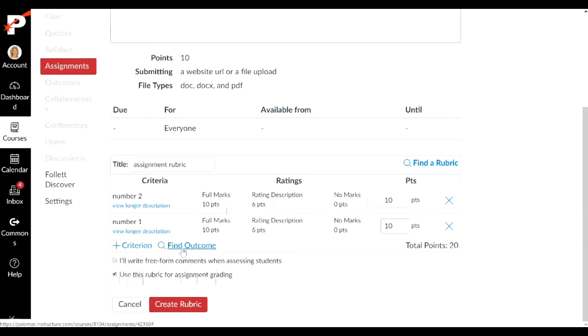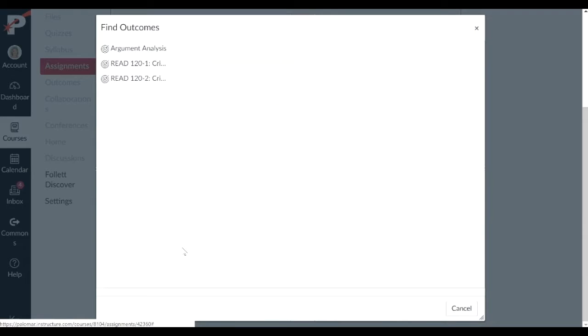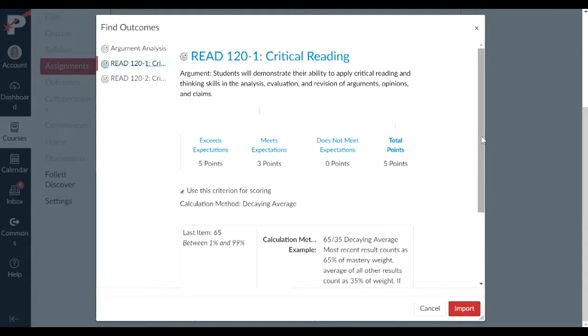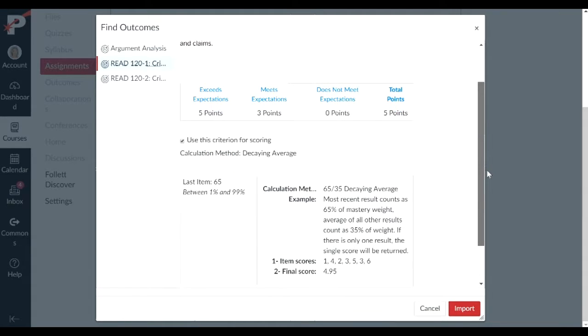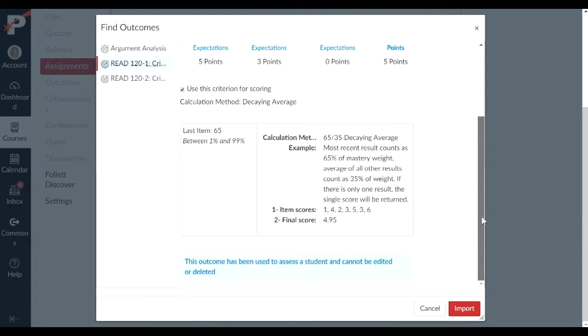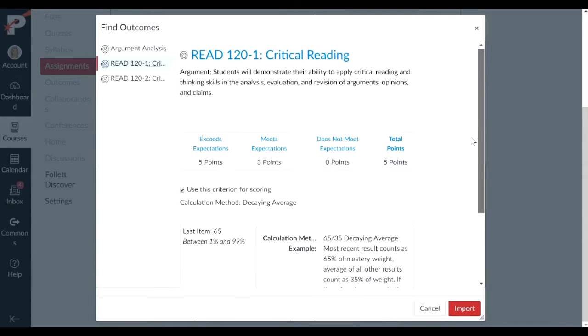So where it says Find Outcome, I'm going to click on that. I'm going to find the outcomes that I've imported into my class. I'm going to find the outcome that I would like to attach to this assignment so I can determine whether or not students have met the outcome. So this is it. It's important, you see this little box right here, use this criterion for scoring. If you don't want